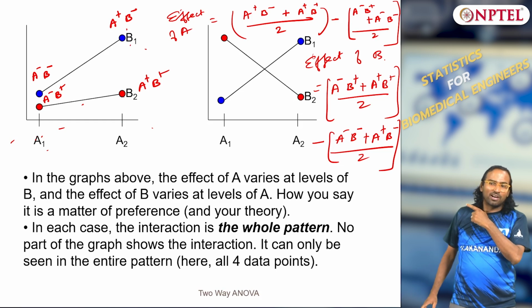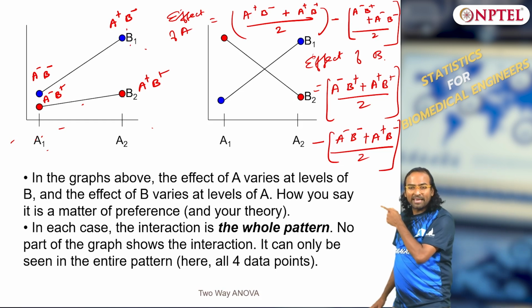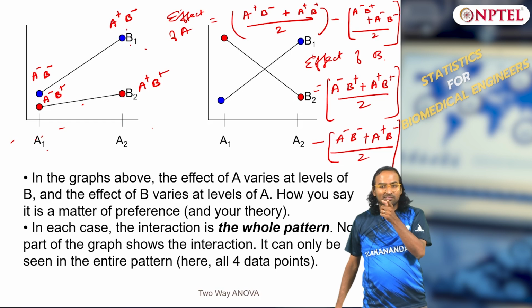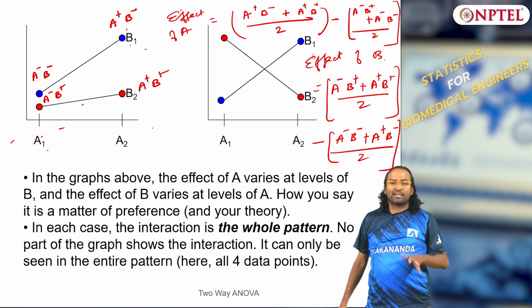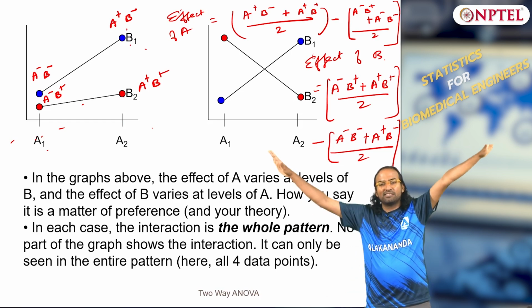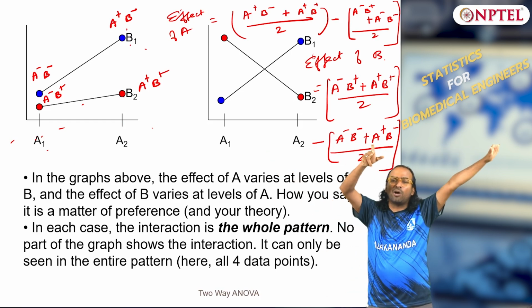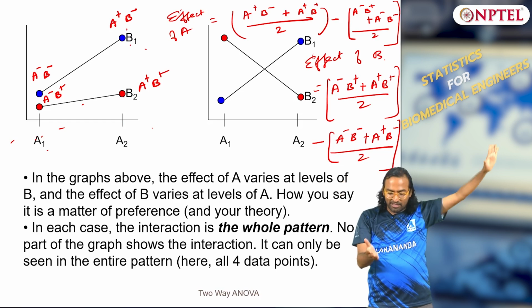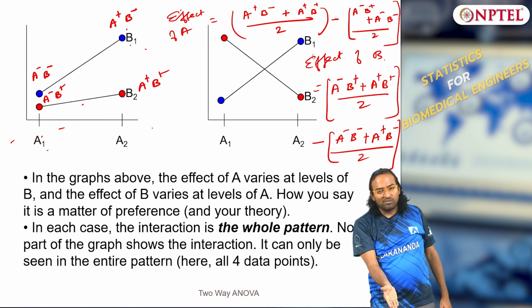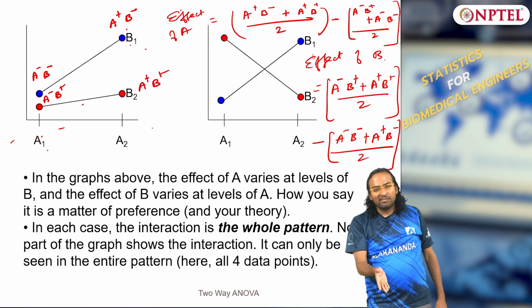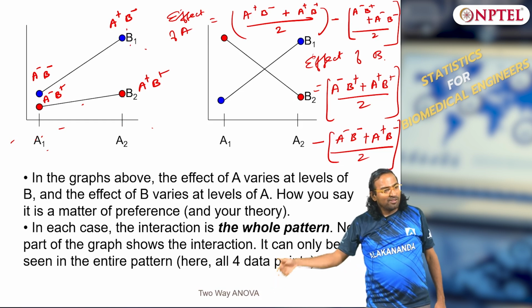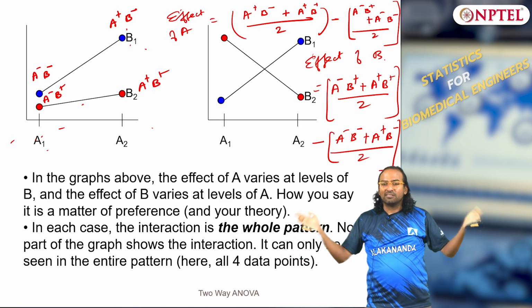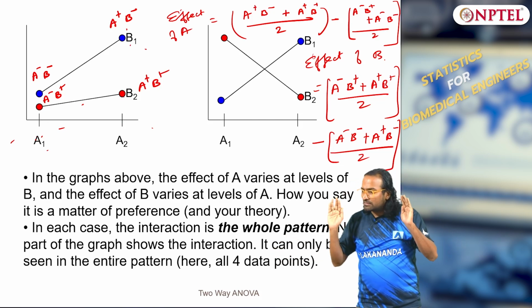Please pay attention, if you are not able to follow me, let me know. Is this making sense? No? Not making sense. So look, what is the effect of A? Positive A minus negative A. It should be irrespective of the other factor B. Then you take A positive for all combinations of B and average it out, because there are 2, so you average it out. Similarly for negative A, average it out, then take the difference. That is what the effect of A is.